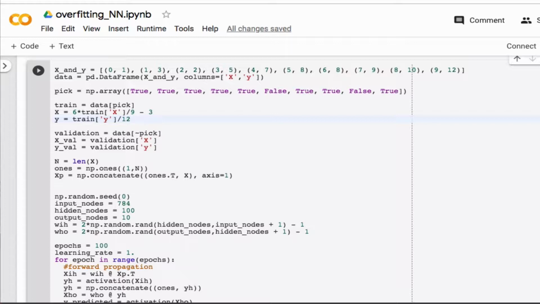So let's see. So my input nodes. So that's my data. Now let's look at the neural net. So number of input nodes now is just 1, right? I want to feed it 1 x value and I want to get 1 y value back. So that's 1 in the input and 1 in the output. And then 100 hidden nodes is probably also overkill, and so I'm going to change that to 10. Okay,